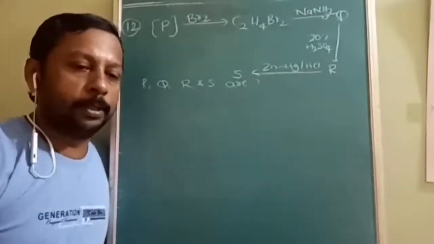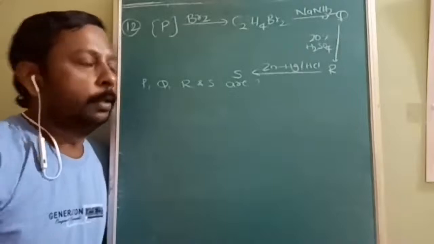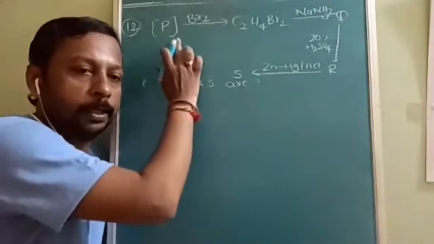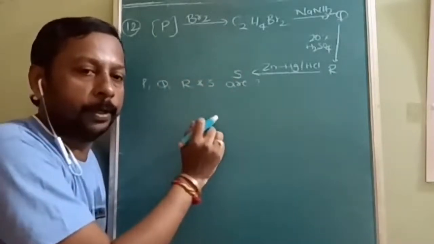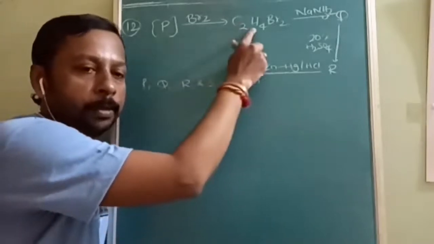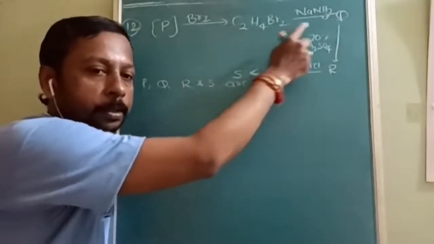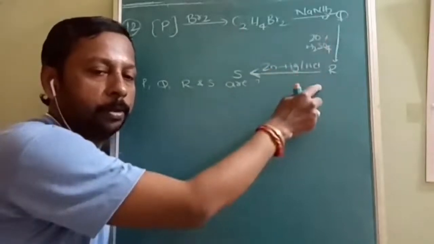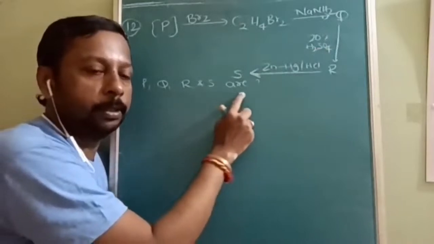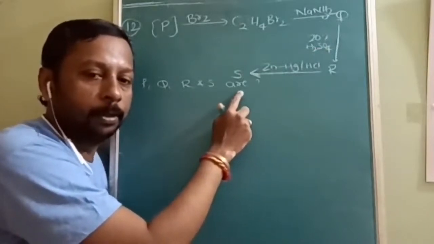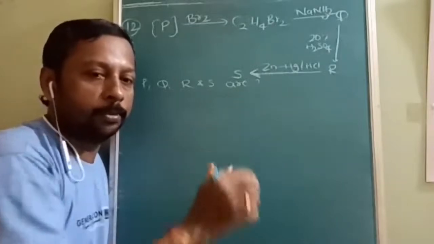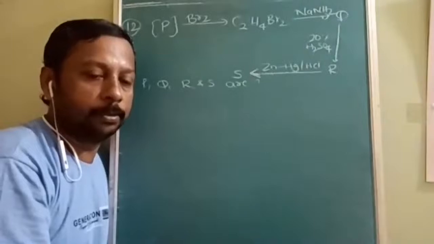Next question is a conversion question from organic. Here, three things you have to find out. Normally, previously, you find either reactant or product. See how complicated it is. Reactant you have to find out, somewhere in the middle a product is mentioned, Q you have to find out, R, and S you have to find out. So this is a multi-concept, multi-chapter question from organic. Try yourself, then I will explain so that your answer should match with my answer.